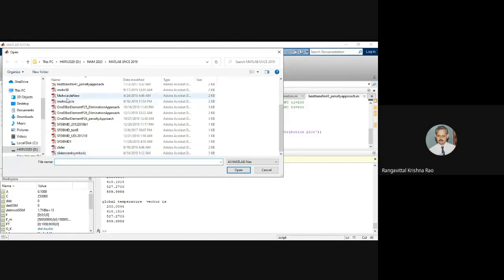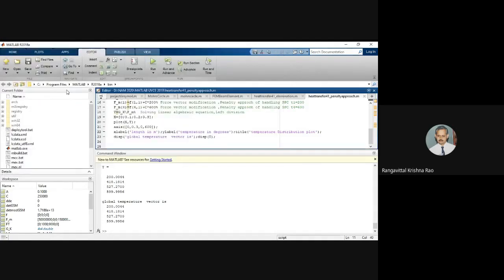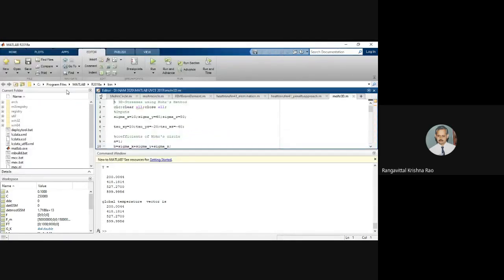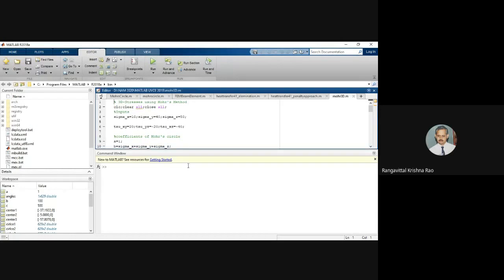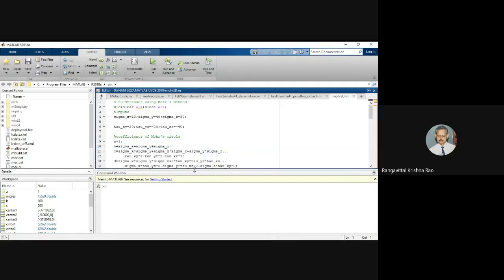SFD BMD, some problems, Mohr's circle 3D also. And someone was asking whether it can be hatched internally. So if you are trying to plot a 3D Mohr's circle, all the 3 circles will come, and you would like to look at the feasible regions. Of course, the graphics display is not coming here. And a few slides I missed out. Probably I just took it in a Word file. I have given the codes there and output, but I have not taken it to PPT and made a